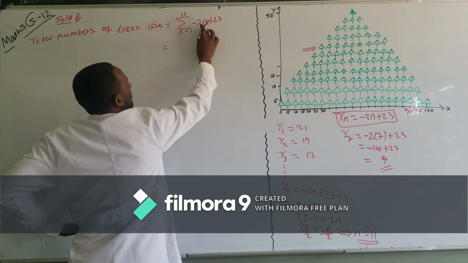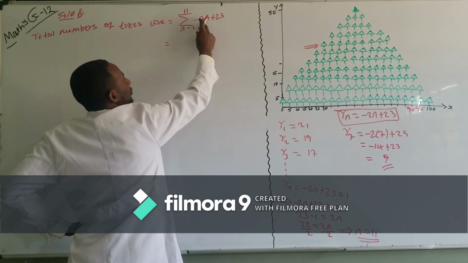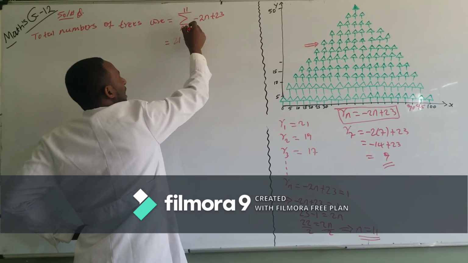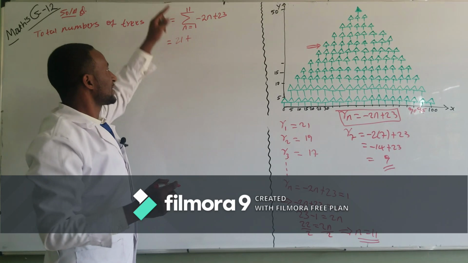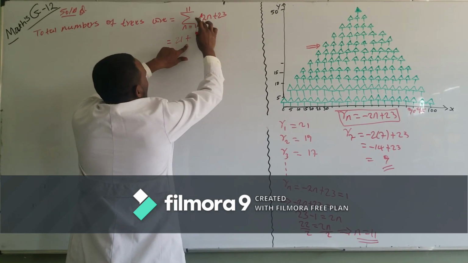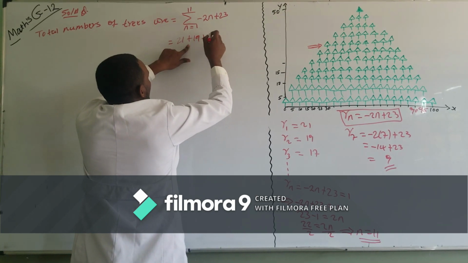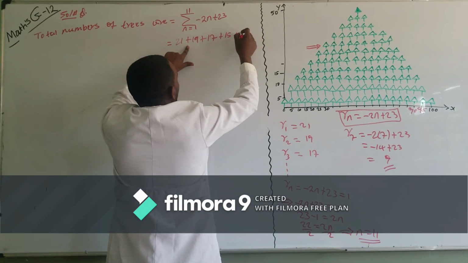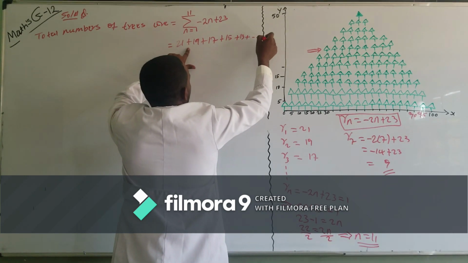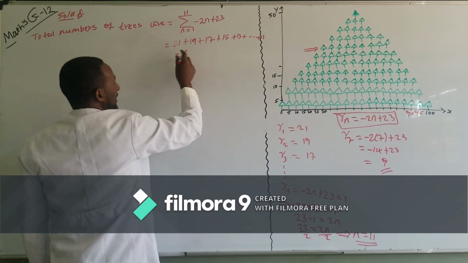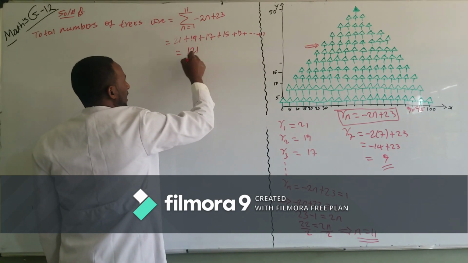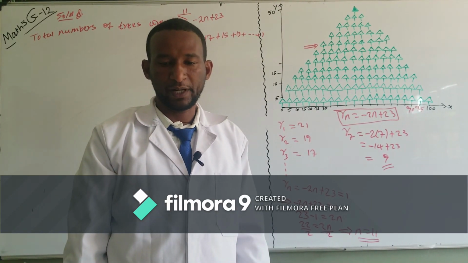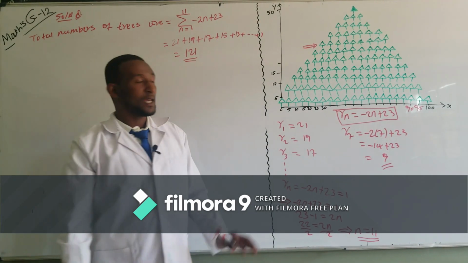በኤን ቦታ አንድም ብንተካ ኔጌቲቭ 2 ታይምስ 1 ፕላስ 23 is equal to 21 ፕላስ በኤን ቦታ ሁለትም ብንተካ፣ n starts from 1 up to 11 ስለሚል፣ በኤን ቦታ ሁለትም ብናስገባ ኔጌቲቭ 4 ፕላስ 23 means 19 ፕላስ 3ም ብናስገባ 17 ሲደመር 15 ሲደመር 13 ሲደመር እያለ ፕላስ የመጨረሻዋ 1 ነች which is equal to ይሄንን ሁሉንም ደምራችሁ 121 የሚመጣ ይመስለኛል። ቼክ አድርጉት። ኦፕኒንግ ፕሮብሌም ይሄንን ይመስላል። ይሄ ኦፕኒንግ ፕሮብሌም